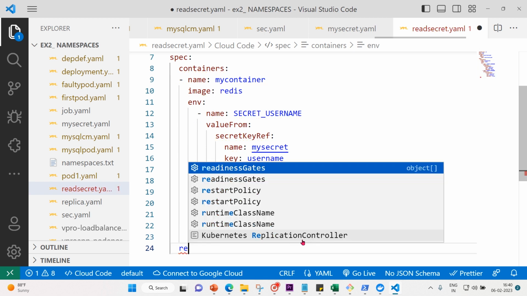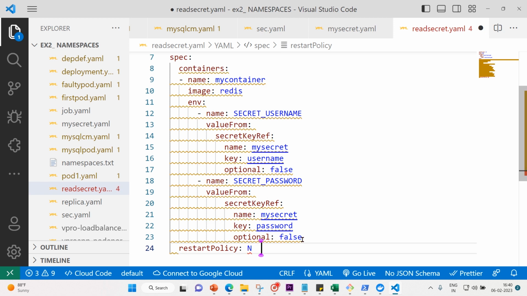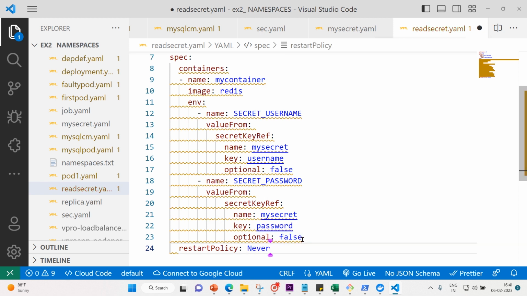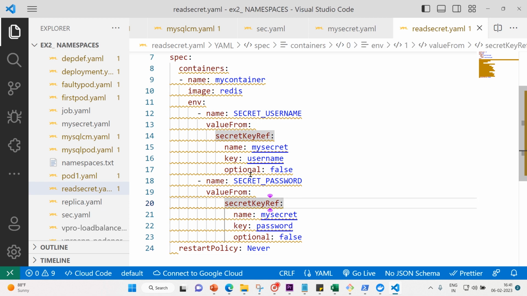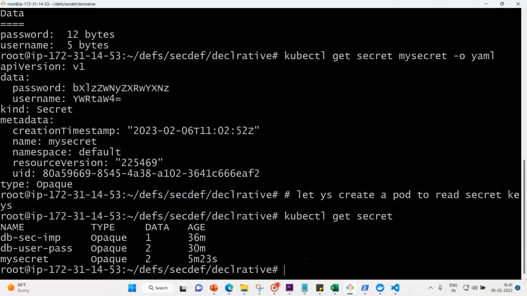So restart policy, I'm going to go with Never, never ever try to restart it. That's it. Our pod definition file is ready with us. Now let me save this and copy it and get into our server, and vim,